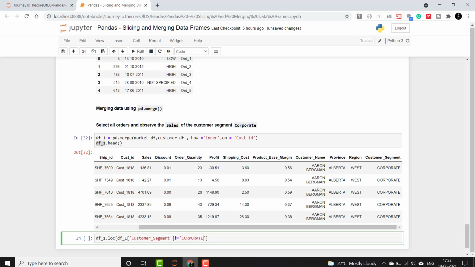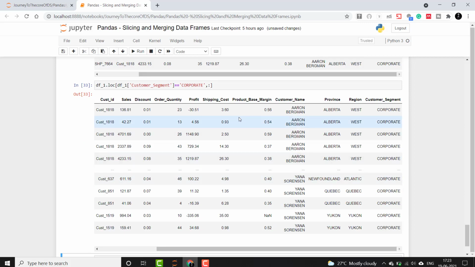Okay, and we want all of its columns. We will see and observe that all of the rows from customer segment corporate will come here. Now this is how we can subset the orders made by customers from the corporate segment only.